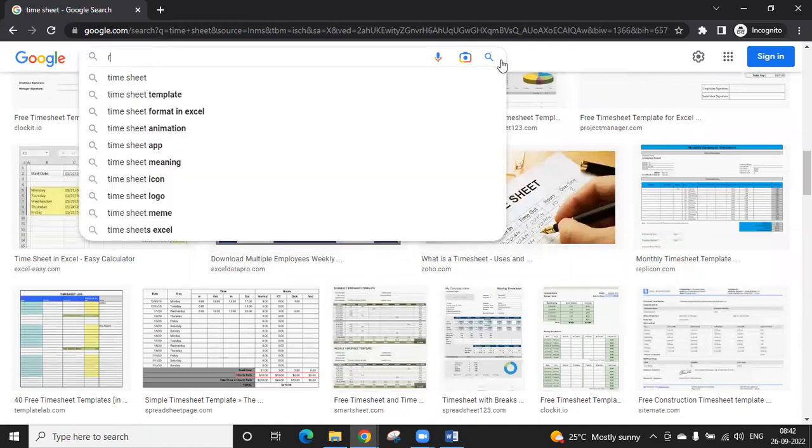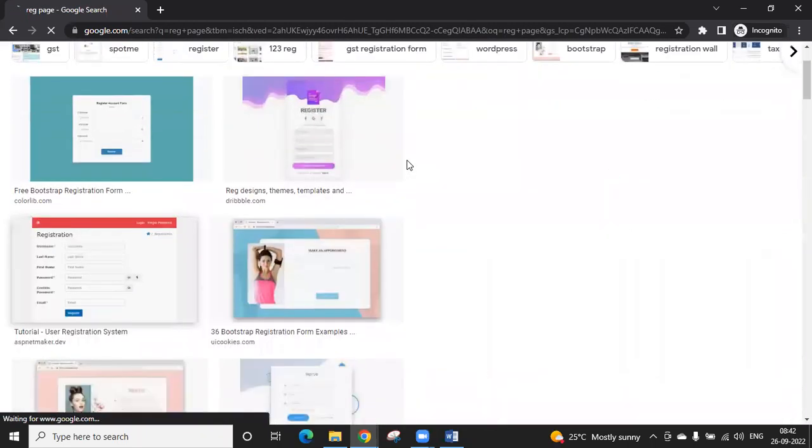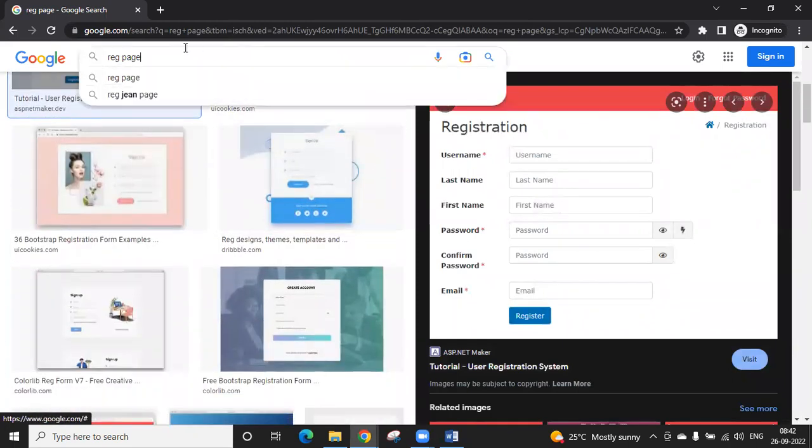For example, some registration page. Do it and try to build such a page. We are going to explain all these different pages, so don't worry. For example, something like a timing calculator, or an Amazon-like website. Try to build different websites, and I will help you get into that.